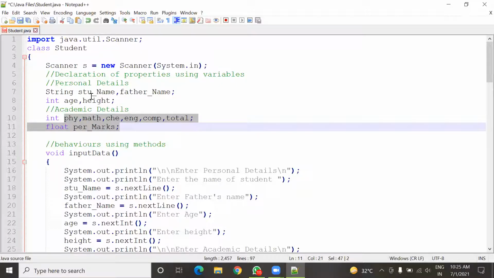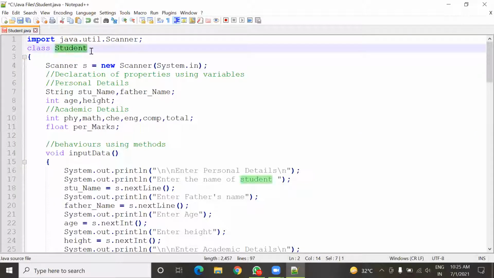These details include the student name, father's name, age, height, marks in 5 different subjects, then total marks and percentage marks. All these details will be stored somewhere in these variables, and these variables are declared in this class student.